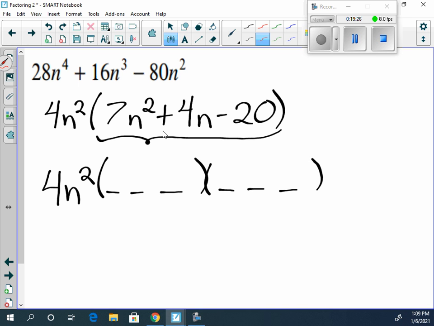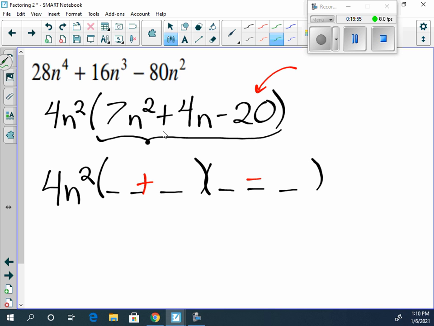Which brings us to our sign, finding the sign. And when we find the sign, we're always going to be looking at the third term. And since the third term is negative, the signs are opposite. One is going to be positive, one is going to be negative. So that takes care of step number 3, which moves on to step number 4, finding the factors of the